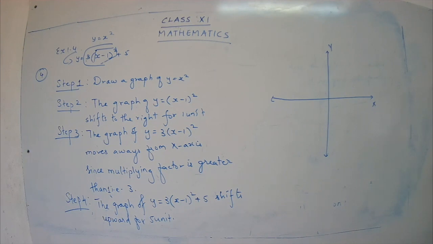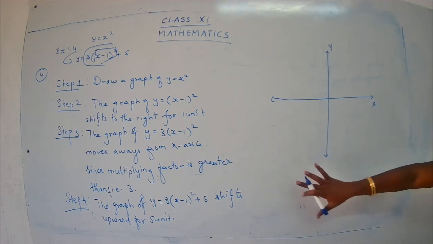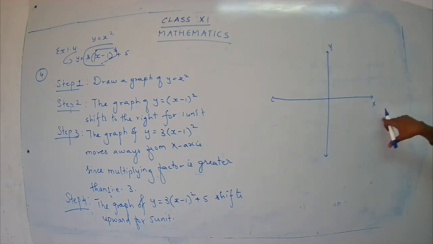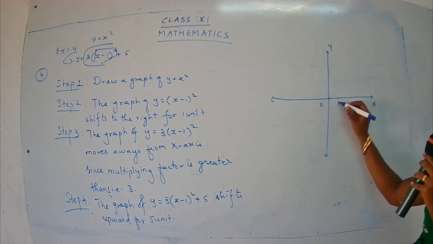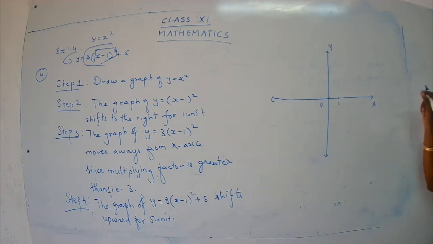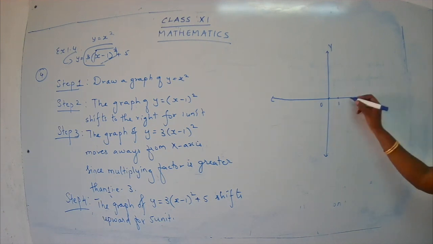Okay, children. Actually, in the question you just have to write the steps, but we draw the graph also, so that if this type of question is asked, we get a clear idea. If we do the graph, we'll get a clear idea how our new graph is going to look. So let's do the graph part also. If the same question is asked in the exam, write the steps, and along with the steps show the graph also, so you may not miss any marks. Then you just go on plotting the values 0, 1. When you plot the numbers, please use your scale and your pencil so that the graph looks neat.